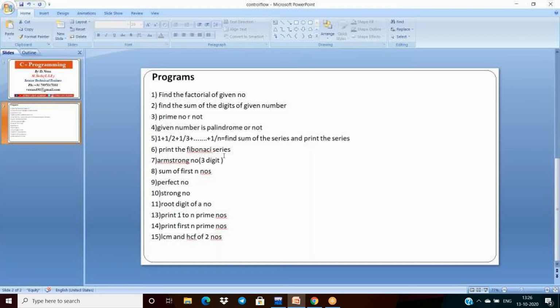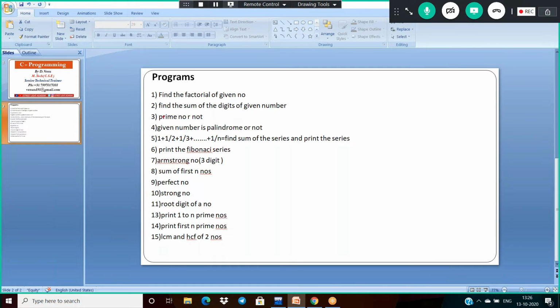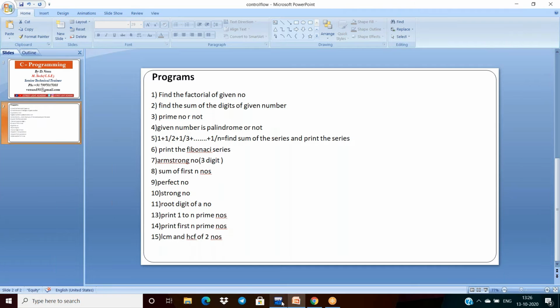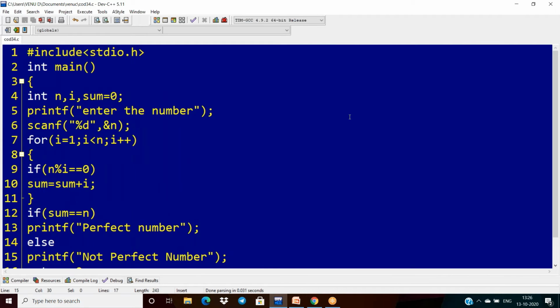Now, after the perfect number, I have to explain about the prime number. Oh, okay, strong number program first. After that we will see the prime. So strong number program. What is meant by strong number, sir?